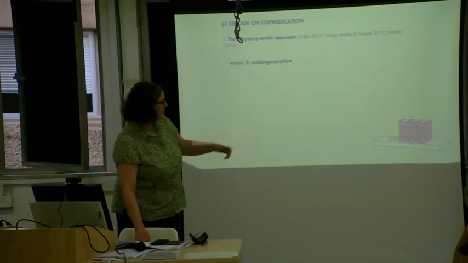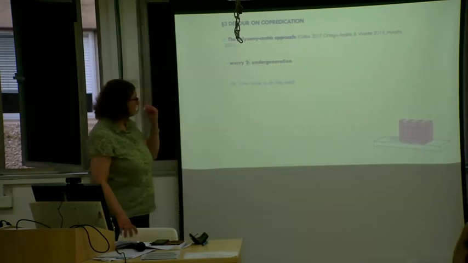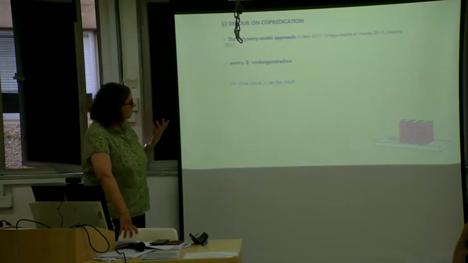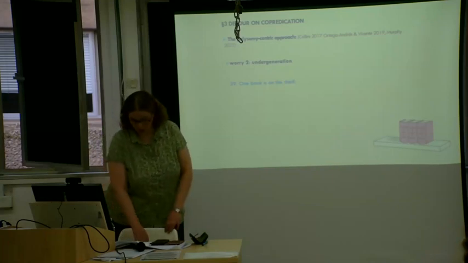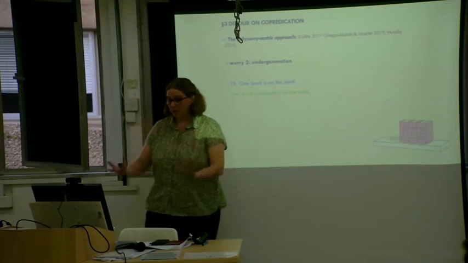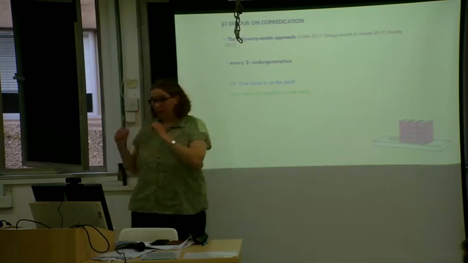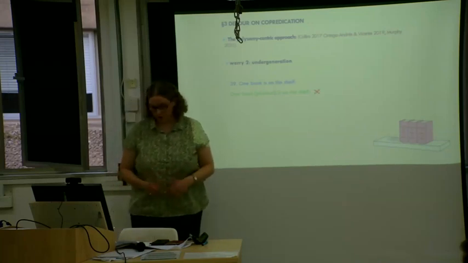So remember again that context with the three copies of War and Peace on the shelf, and we saw that in this context there's a true reading of 39, one book is on the shelf. Now ask yourself, how is this approach going to generate this true reading? Well, they could interpret book as meaning physical book, and then they get the reading where one physical book is on the shelf. But that's not true in this scenario, right? We have three physical books on the shelf.